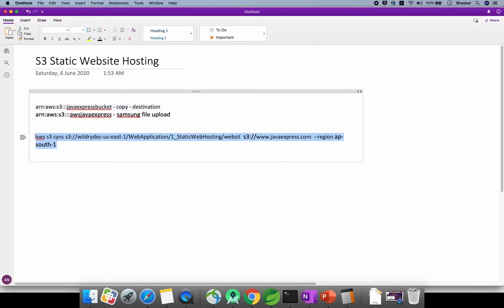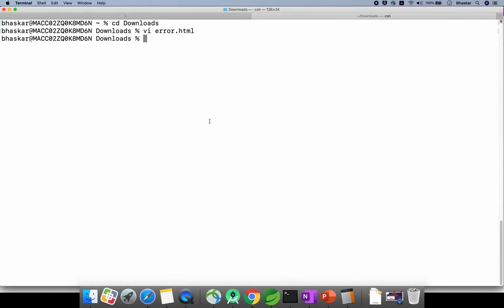Just copy. How to generate an access key was covered in the previous section. If you are new, please watch the previous video first, then hosting the website will be easy to understand. Go to the terminal. If you want to configure, run aws configure.